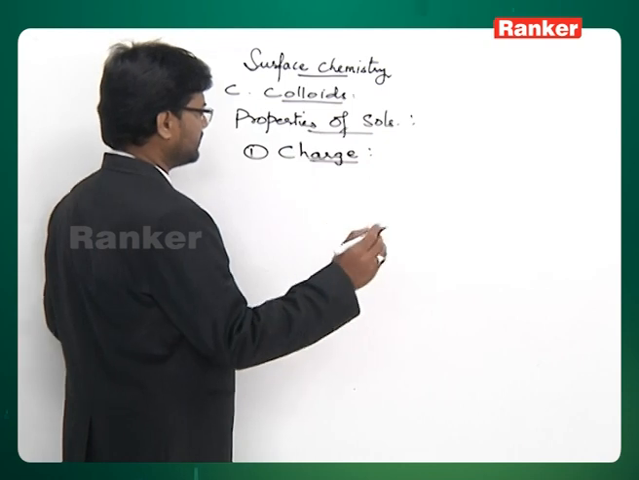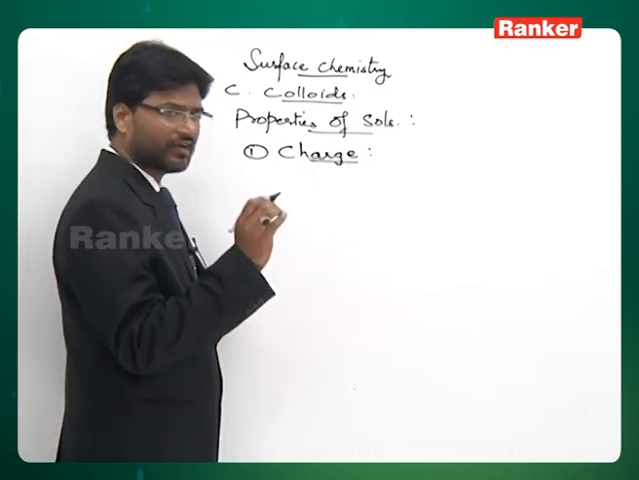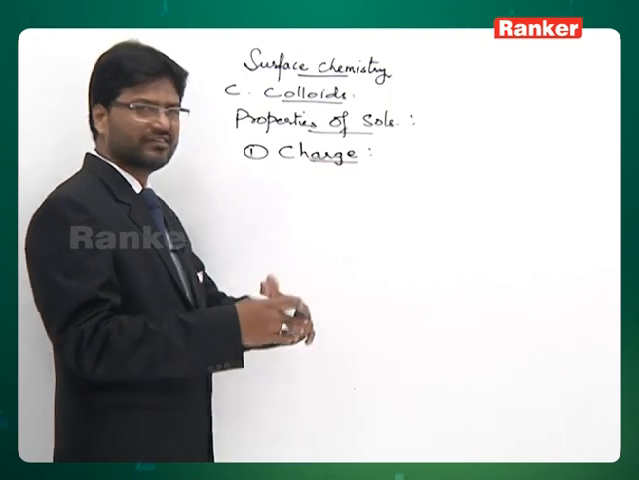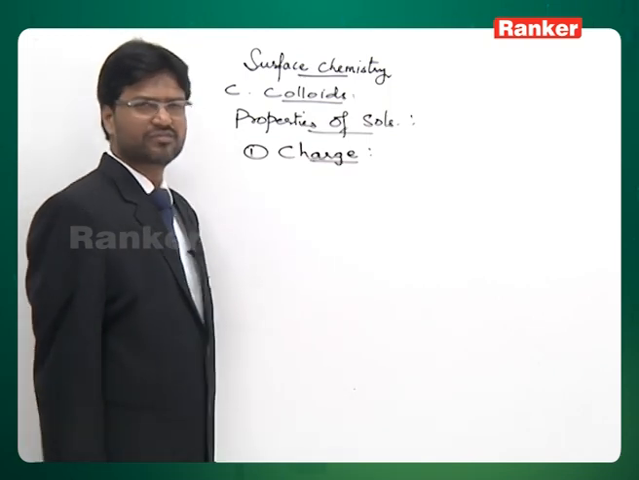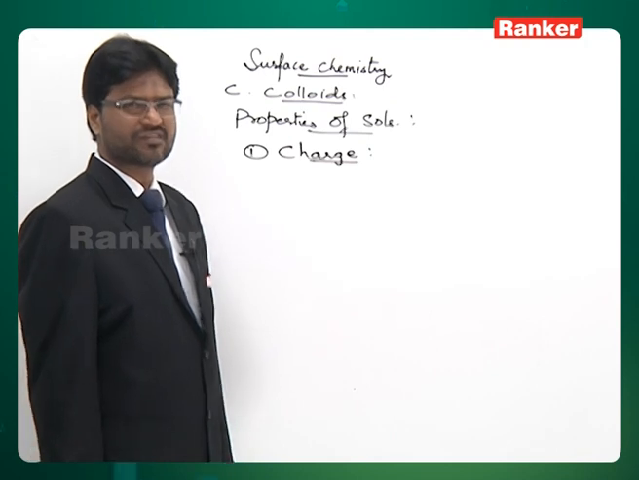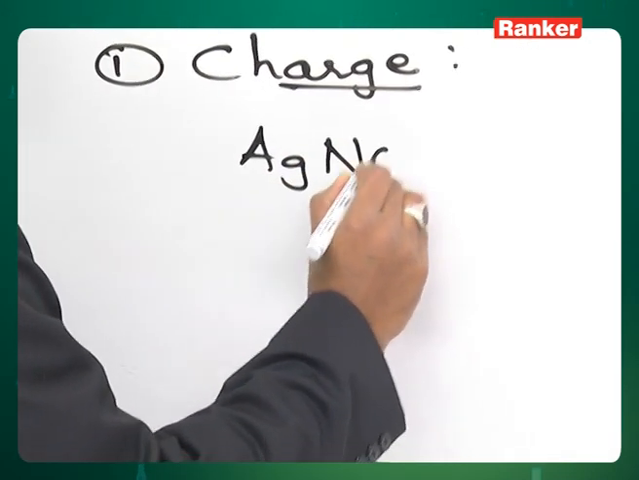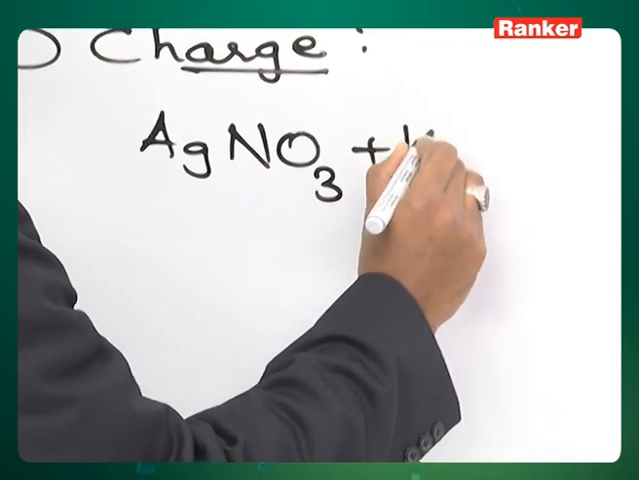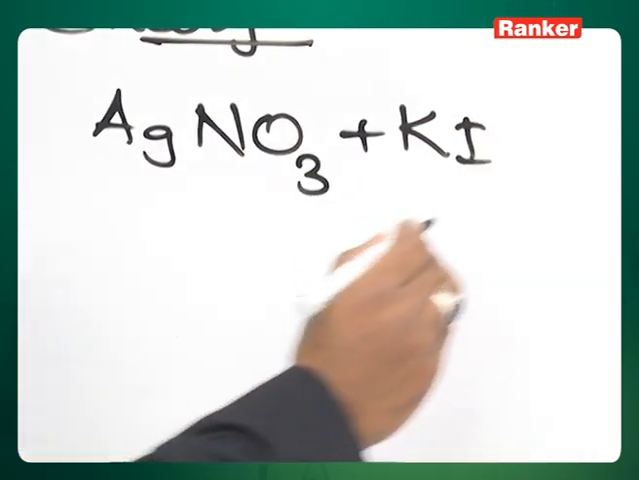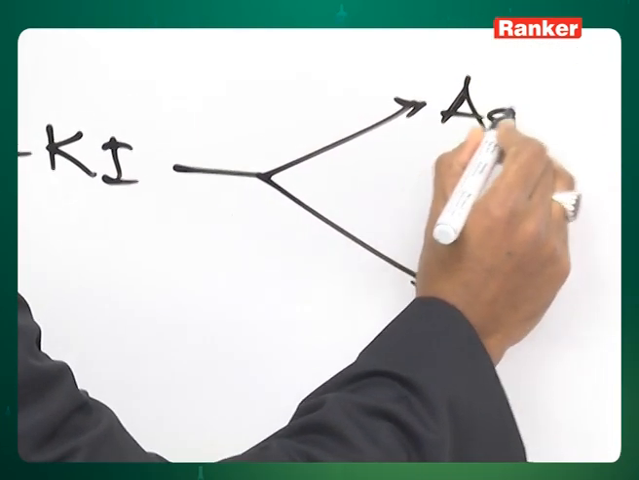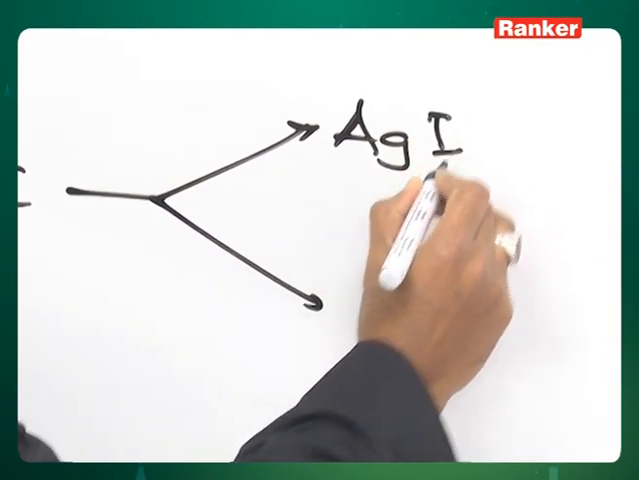Let's see how the charge arises in case of an electrolyte precipitate, which is transformed during peptidization. The precipitate is transformed into a colloidal solution. Let's see how charge appears in such cases. Look at this case. I have AgNO3 and I am adding KI. Now I can think of two possibilities here. No doubt I get AgI in both the cases,